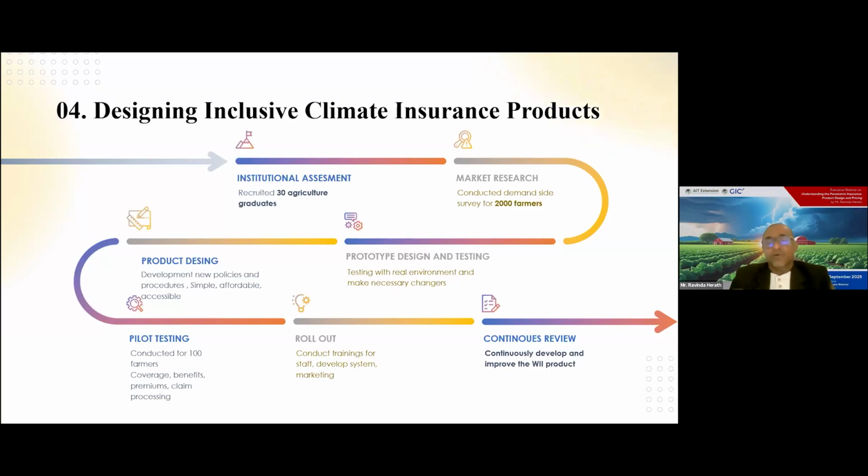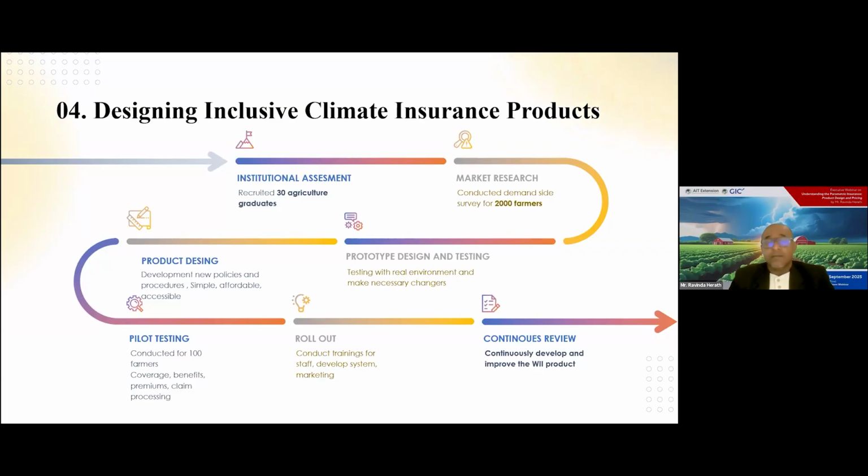Then the prototype product. Before developing the full product, we develop a prototype product and we need to test it. With that testing, we get some comments and have to amend the full product in the design phase. After designing the full product, during that development, we need to develop the policies, procedures, underwriting practices, and everything we have to set up, right? After this, we do pilot testing with a small number of customers or small segments. If there are any comments, we go back to the product designing stage and revise the product.